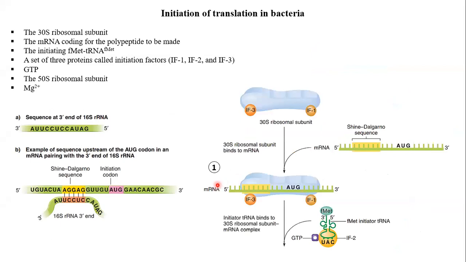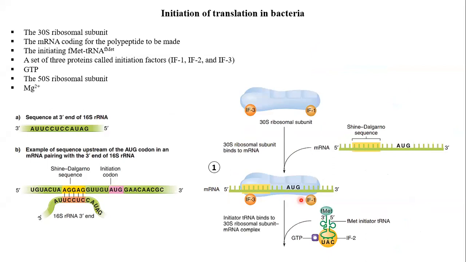So in this, you realize that the binding of this mRNA is very important, because if mRNA binds correctly, then it will position itself correctly at the P site, the transfer RNA will bind correctly, and then the 50S subunit will bind also correctly, right? So this initiation codon is only of 3 nucleotides. So to help it, the other interactions are important.